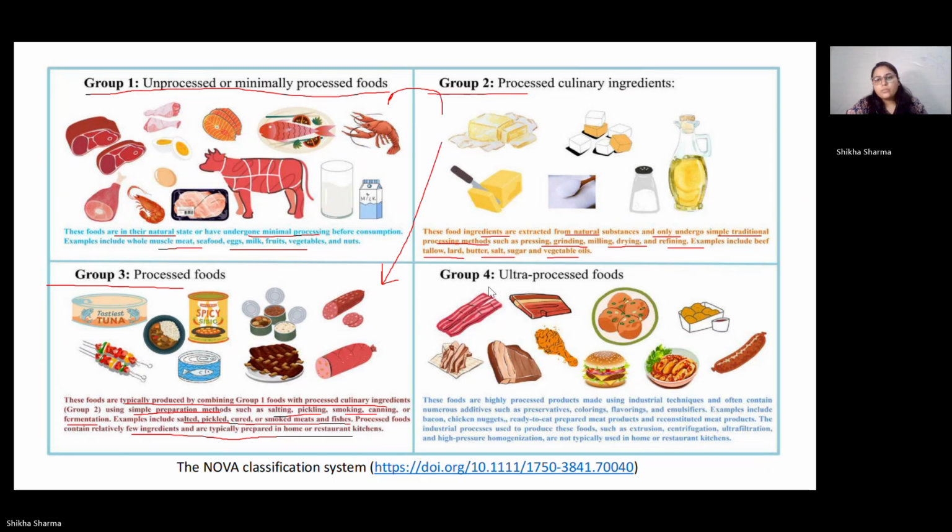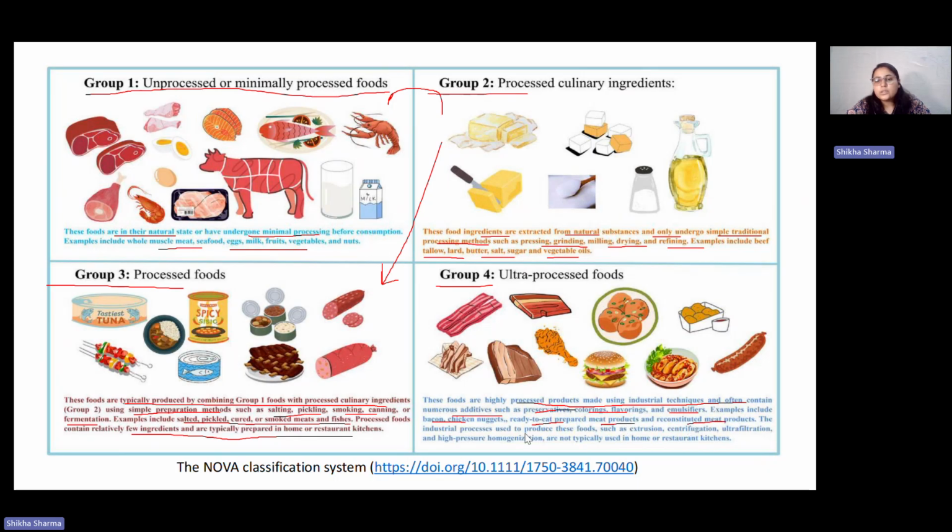So in group 4 is the ultra processed food products. These are highly processed food products made using industrial techniques, and they often contain numerous additives such as preservatives, colorings, flavorings, and emulsifiers. Examples include bacon, chicken nuggets,